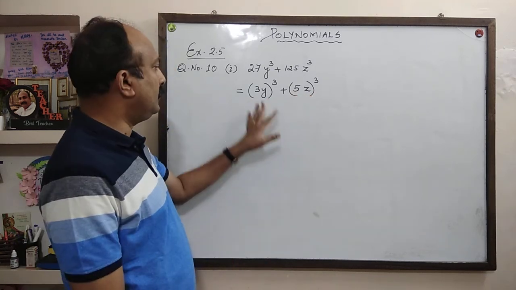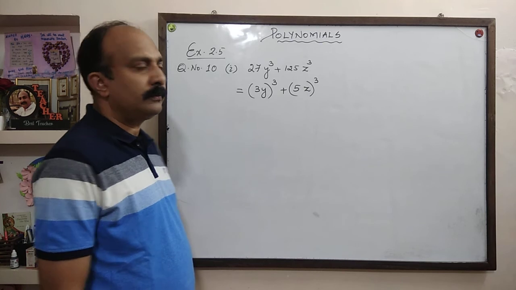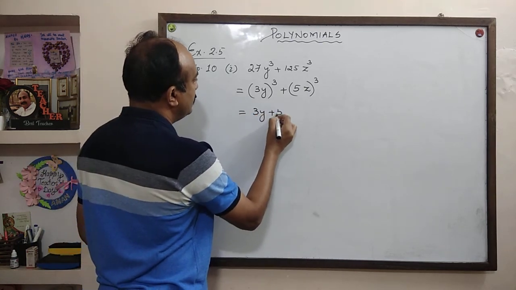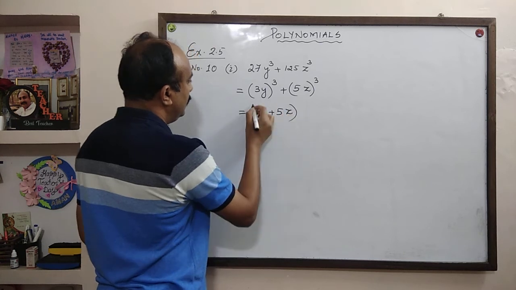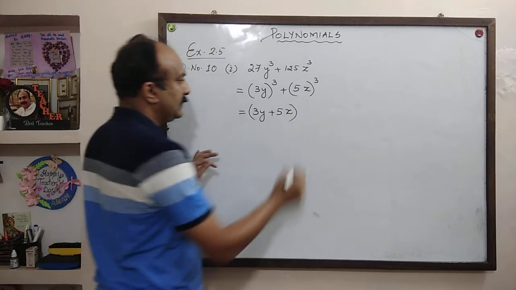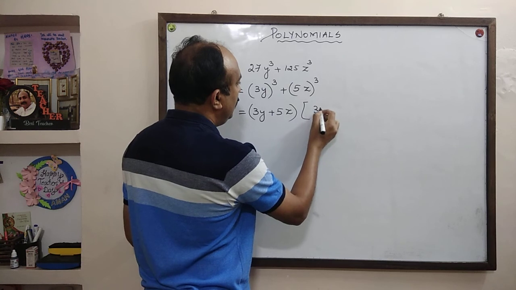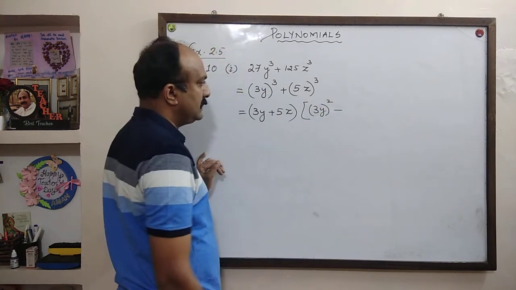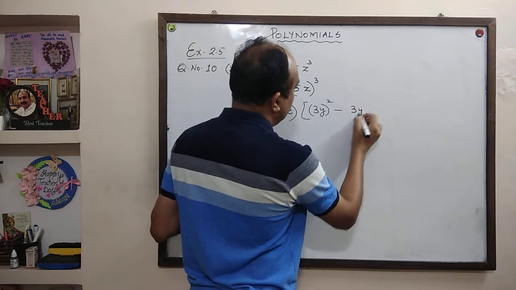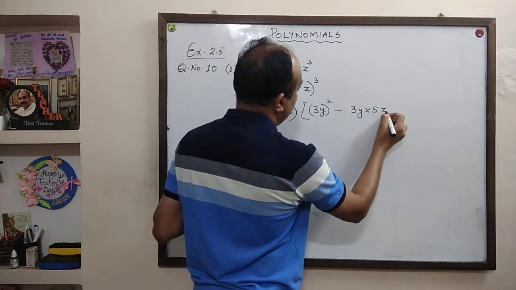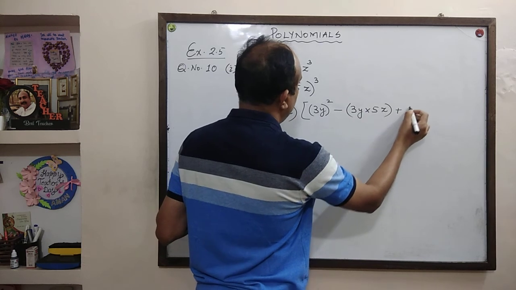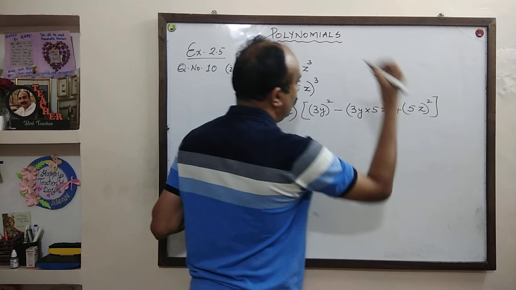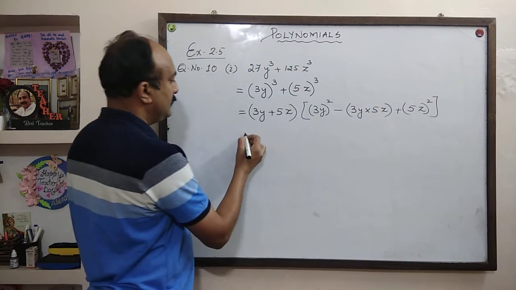Now it is in the form of a cube plus b cube, which is equal to a plus b, that is 3y plus 5z into a square, means 3y the whole square, minus ab, 3y into 5z, plus b square, that is 5z the whole square, is equal to